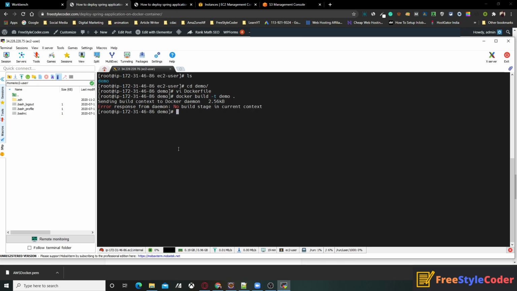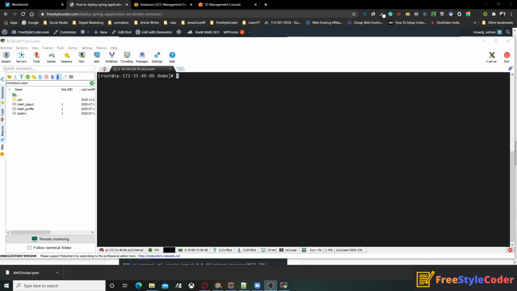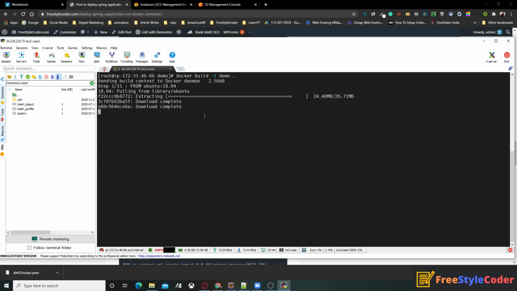It will show some error. Wait. So let's build the Docker file. Hit enter. It will start building the Docker file.